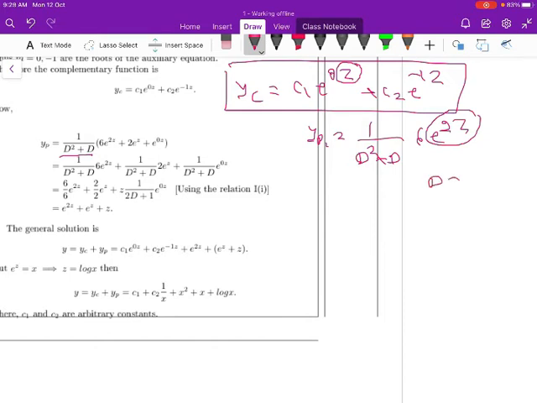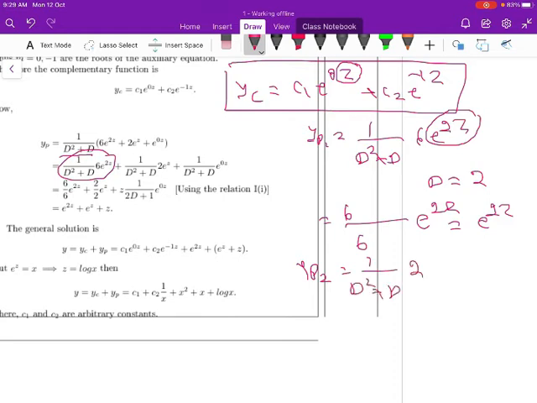So this is the first case, the e power ax form, or e power az form. Simply replace D wherever it appears by 2, provided the denominator should not be 0. So 6 by D square plus D, with D equal to 2, is 4 plus 2, that is 6, into e power 2z. So that is equal to simply e power 2z, the first result. Now let us move to the second one.